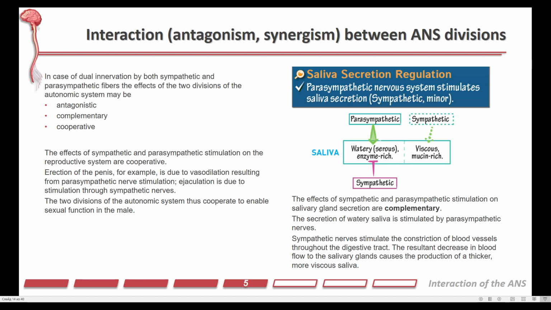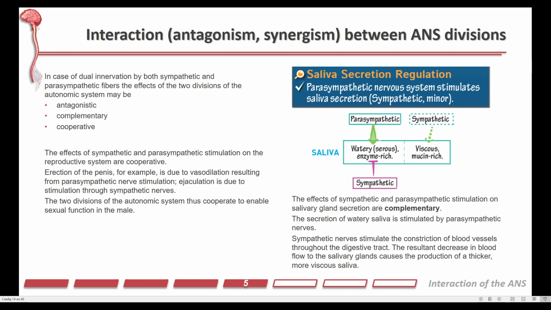We have erection of the penis, for example, that happens due to the vasodilation, which results from parasympathetic activation. And the next step, ejaculation, is due to the stimulation through sympathetic nerves. Even though these two processes are not opposite, they do cooperate together to enable a proper sexual function in